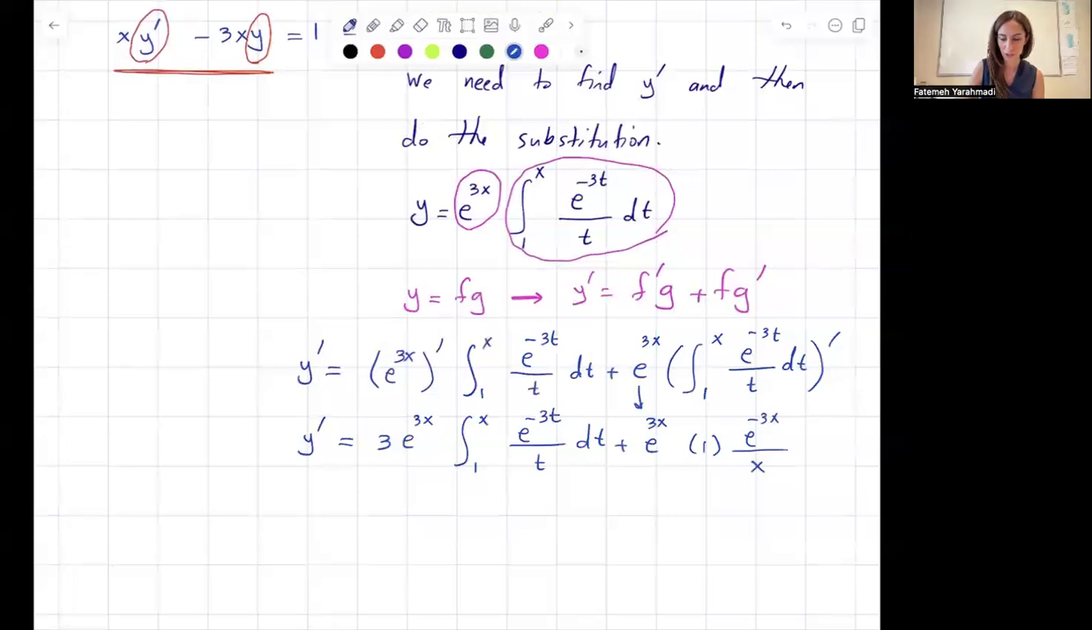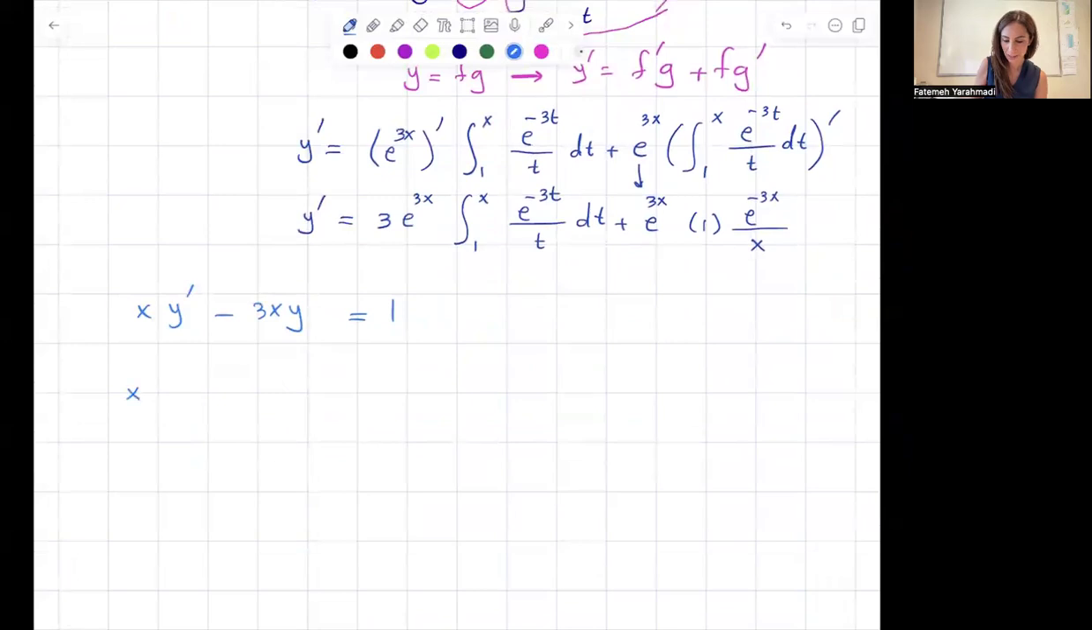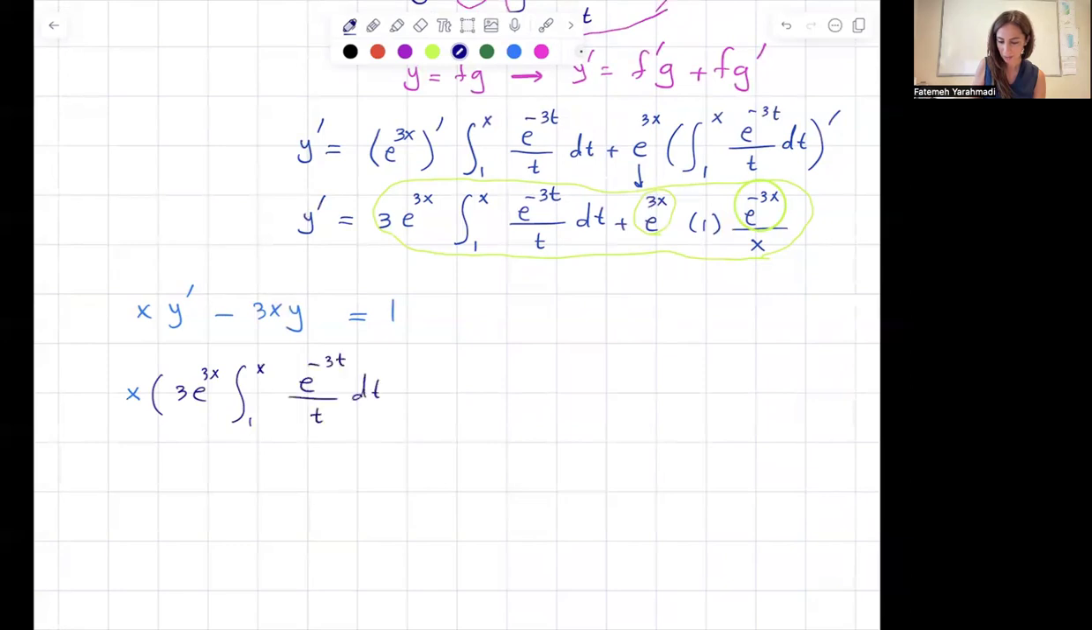But take a look at our differential equation. The differential equation that you're having is xy' minus 3xy, and on the right-hand side it is equal to 1. We need to plug in y, we need to plug in y prime, and do the algebra on the left-hand side. I'm going to copy down x. My y prime is the whole quantity here. I can simplify this further as well, because e to the power 3x times e to the power negative 3x is equal to 1. So this quantity on the left-hand side is xy', which becomes x times 3 e to the 3x, the integral from 1 to x of e to the power negative 3t divided by t dt, plus 1 over x,